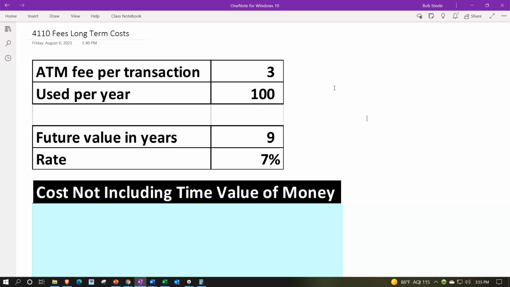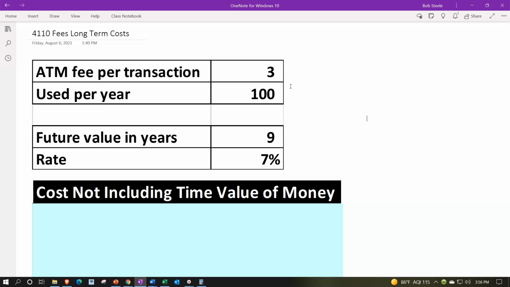So our objective here is to try to figure out that small fees could have an impact over time. So we're going to say that we have the ATM fee per transaction. We're going to assume if we don't use the ATM that is at the institution, it costs us $3 per transaction. And if we do that often, possibly because we don't have an ATM related to that institution around us, and we pay it constantly, $3, and let's say we do it 100 times in a year,